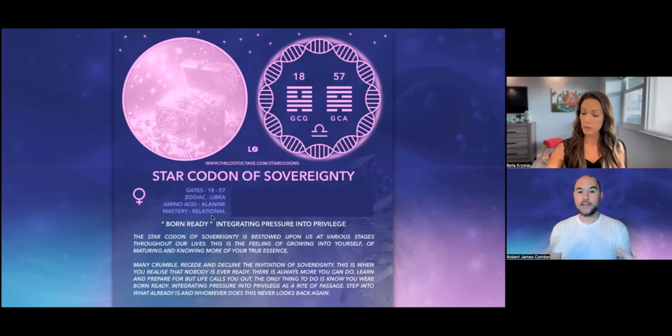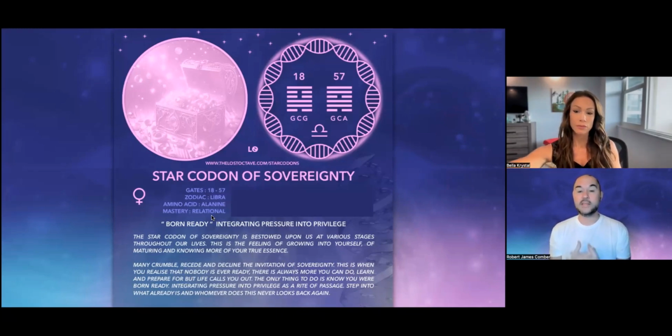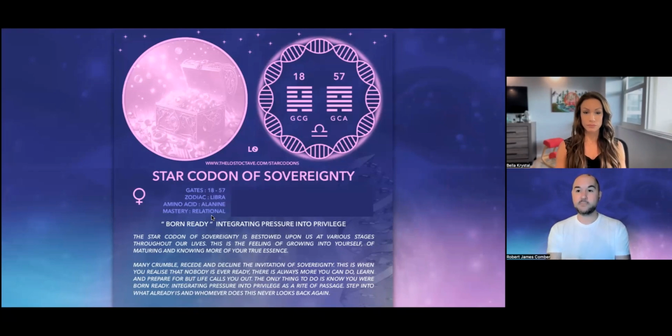And so it's about relationships. It's about the relational aspects, which is interesting because it almost feels counterintuitive because sovereignty often can feel very independent. It's like me stepping into this, my sort of life purpose, what I'm about. But actually you figure that out by connecting to other people. And obviously that's where the Venus and the Libra essence is there about the duality of balancing things. And so this is a mastery path. And of course, that makes a lot of sense with sovereignty. It's something that you have to work on. You have to practice this. You have to keep refining it over and over and over again. And you do that through relationships.